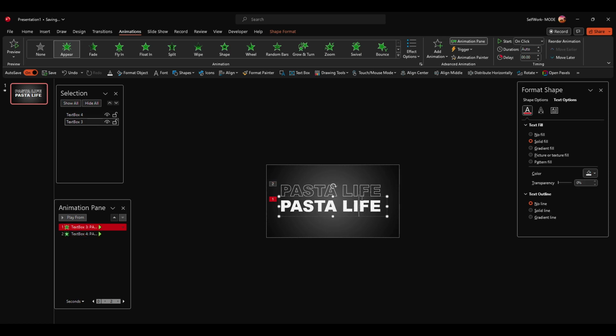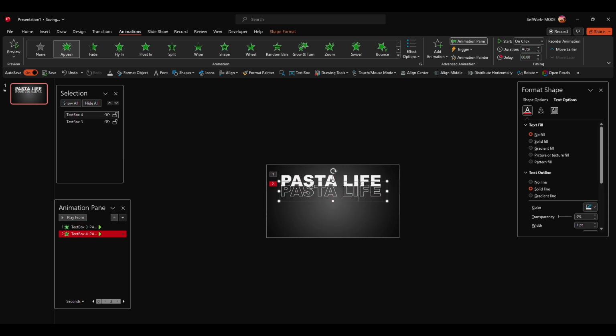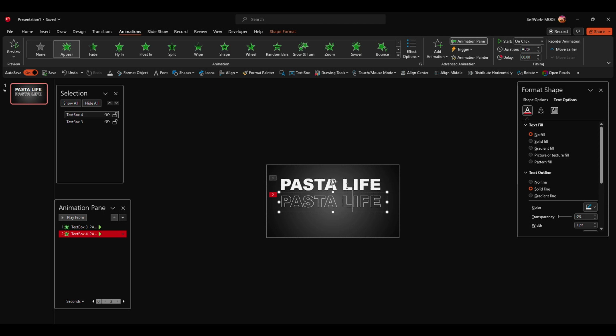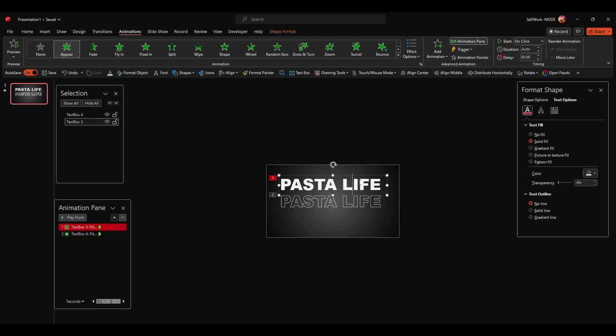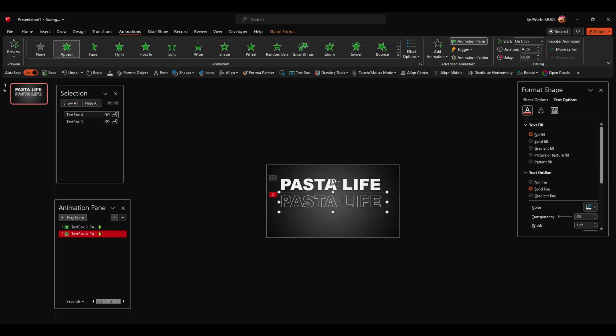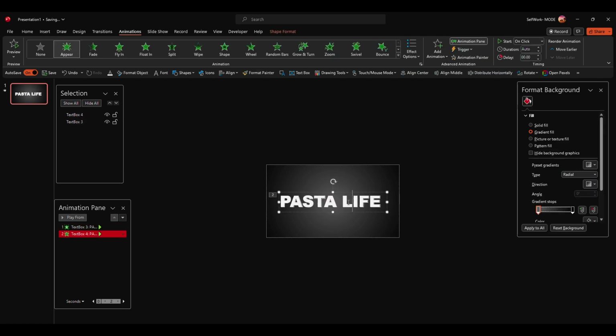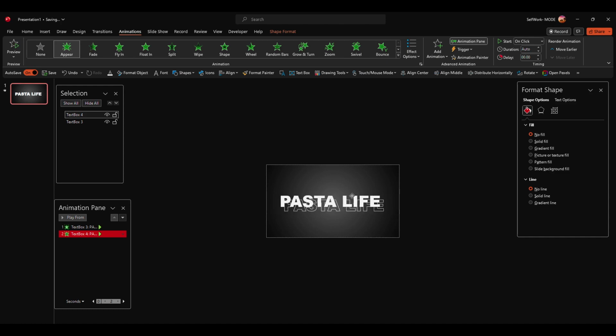And now here what we have to do, I'm gonna move this up and here down. And if I want to copy this animation for the next text, what I have to do is select the text from where I want to select the animation, click on animation painter and select our new text. And now if we move this on top of each other,